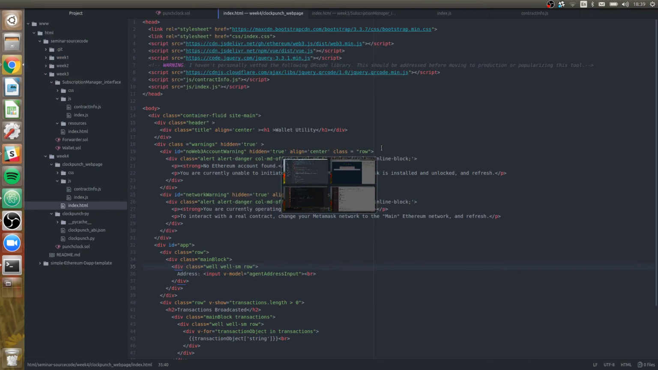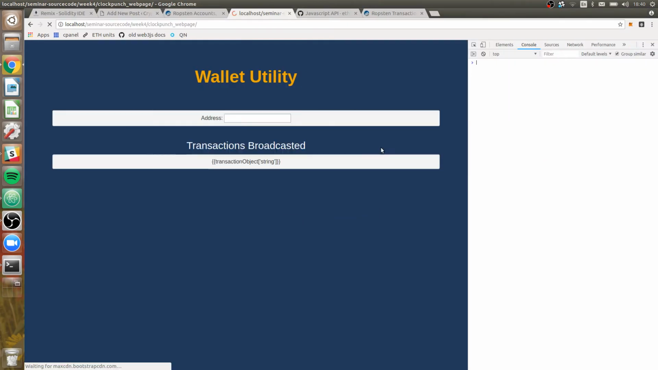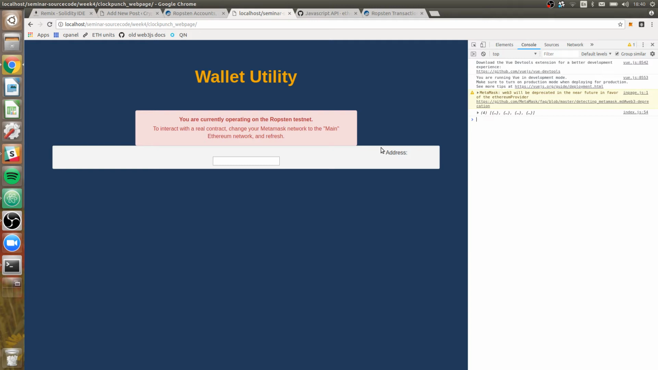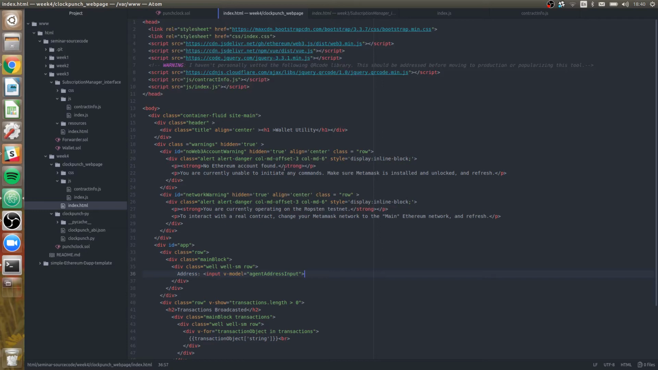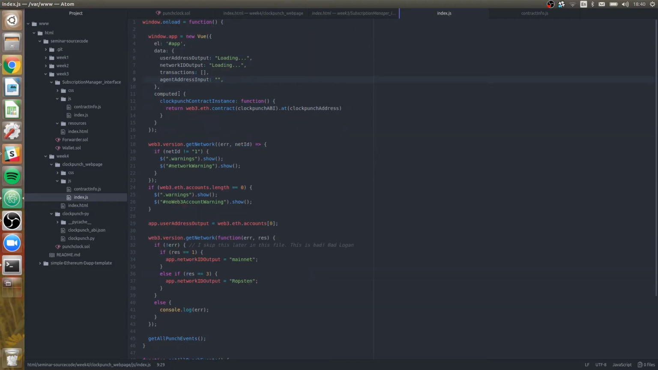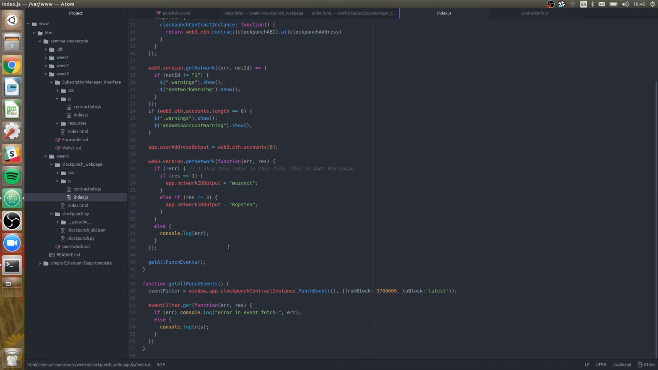Why is my address way over there? I don't know. I really don't know. Wonder what happens if I take this out. Nothing. Okay, I'm not going to worry too much about it now because we only have 20 minutes left. I'd like to get to the functionality. So we have this input. It's going to change our agent address input here, and then the only thing we'll need to do then is, when we get all punch events, we'd like for that to trigger